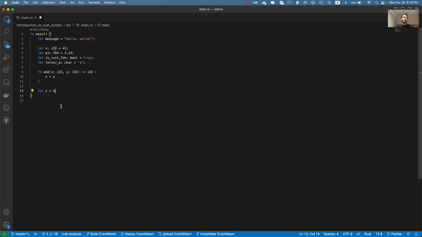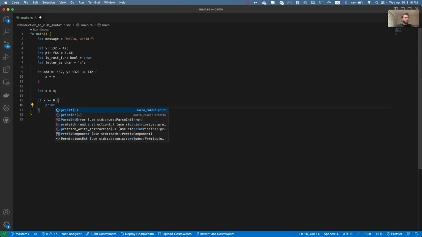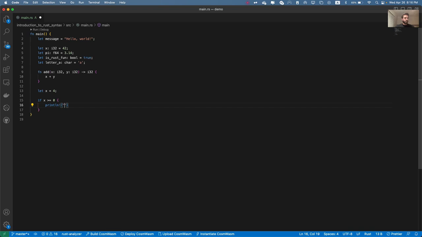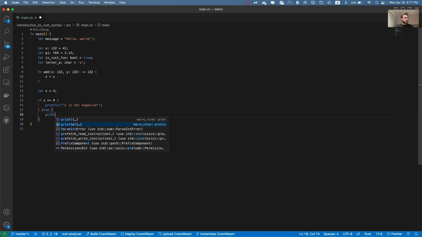We are going to talk about this later again, but just for your knowledge, we can redeclare variables, which is no problem for us. We are basically overriding our earlier variable. Here we are going to say if x is bigger or equal to 0, then we are going to say println, x is not negative. Then we are going to say else println